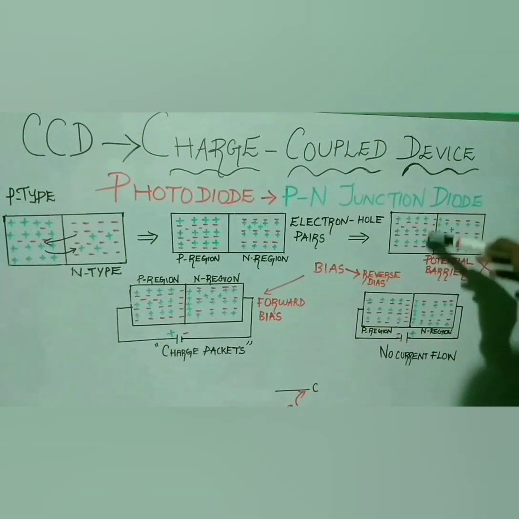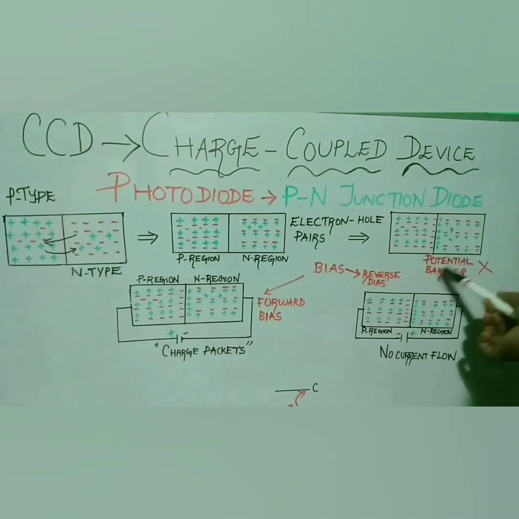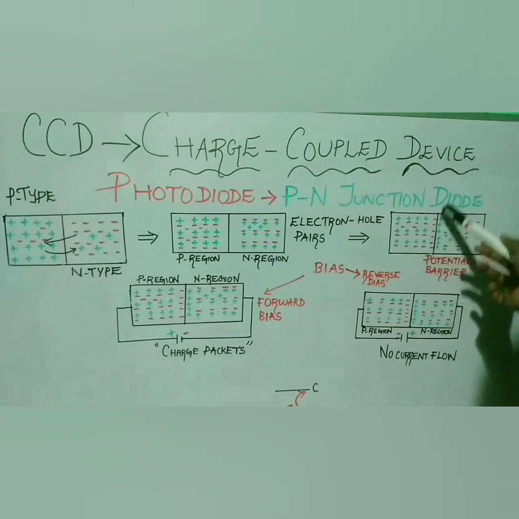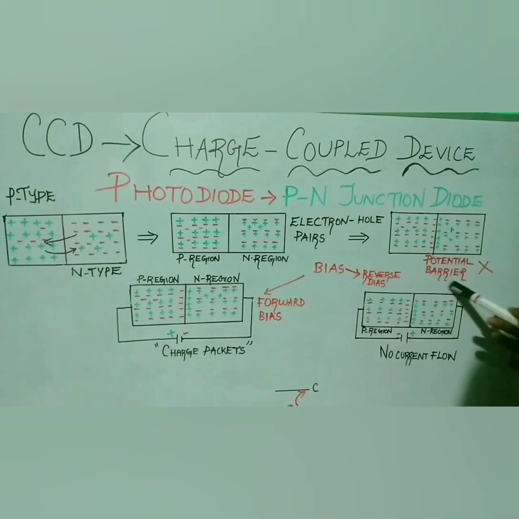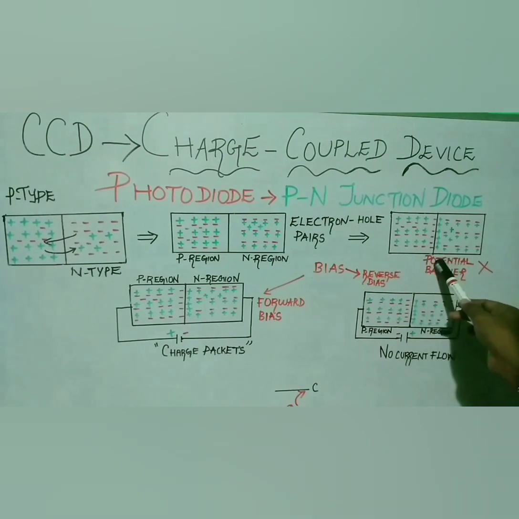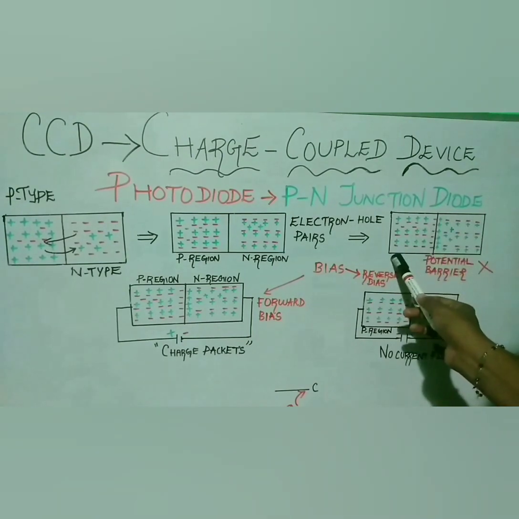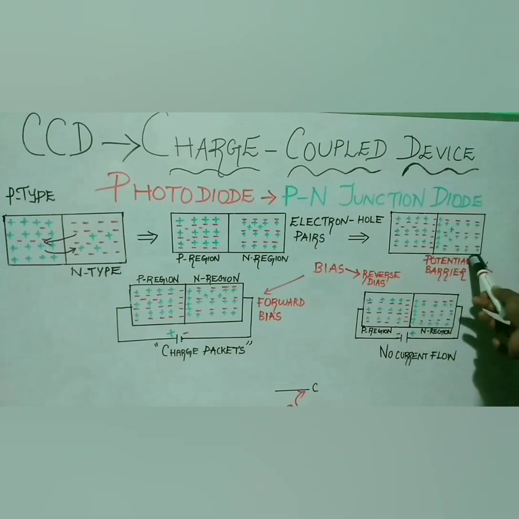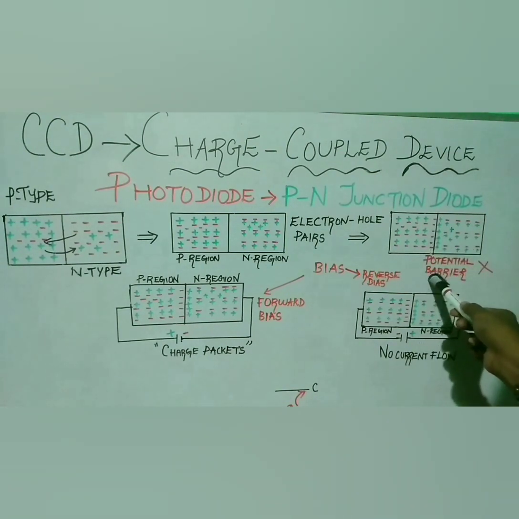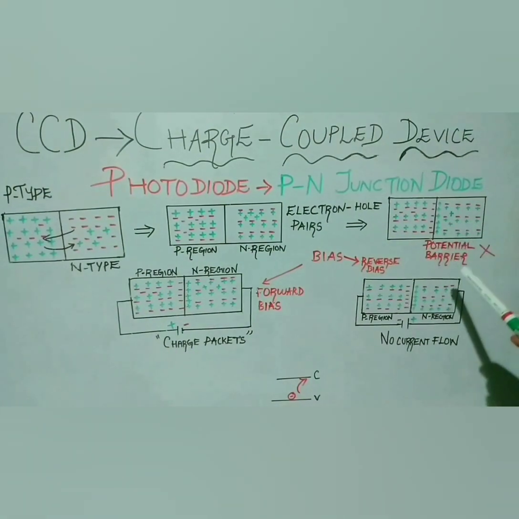So now an electrical field is created close to the junction between the p region and n region. This electrical field acts as a barrier to prevent further flow of charges across the junction. This barrier is known as the potential barrier. So now there is no diffusion of electrons from the n region to the p region and holes from the p region to the n region. Now we need to break this potential barrier. How are we going to break it? If we break this potential barrier, we can allow the creation of a charge packet or electrical current. This potential barrier is always there even if the device is not connected to an external voltage source.